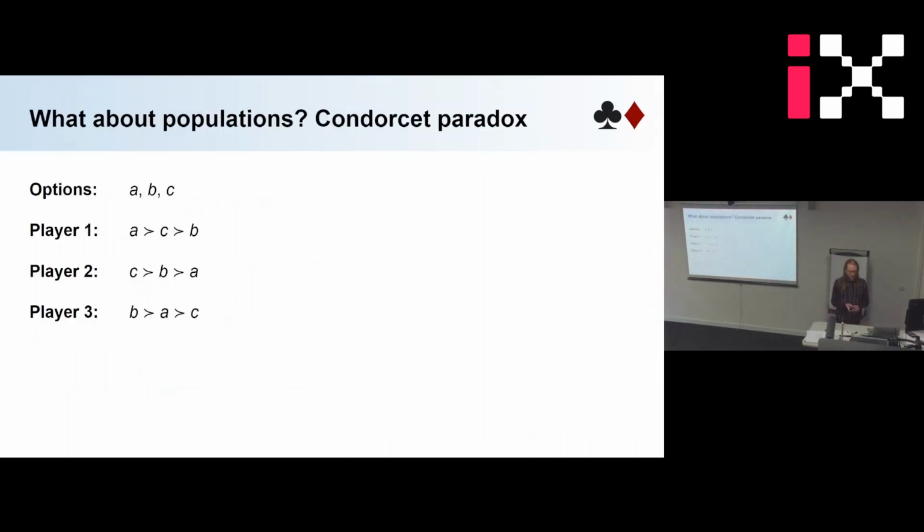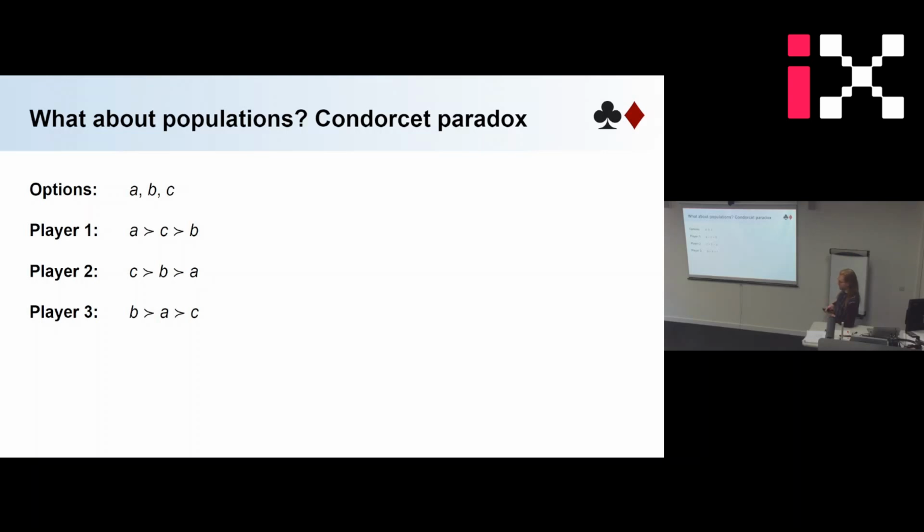Now what we have talked about so far is what rational individuals should do. And now consider a scenario where you have 3 chess grandmasters who all go for lunch and can choose a dessert, A, B, or C. They all have different preferences. Player 1 likes A more than C, and C more than B; player 2 likes C more than B, and B more than A; and player 3 likes B more than A and more than C. And now there's a deal in the restaurant. They can only choose one type of dessert, so they all have to agree, and they have to do this